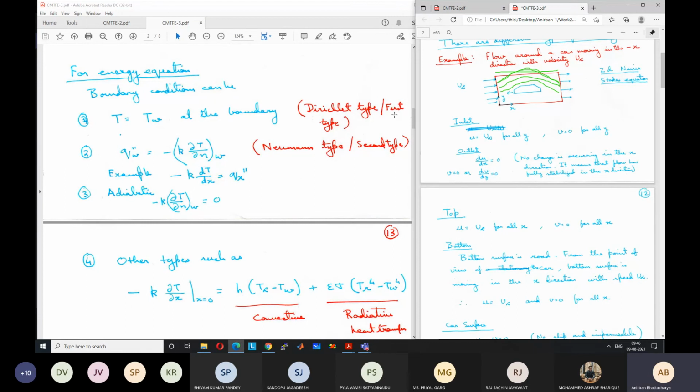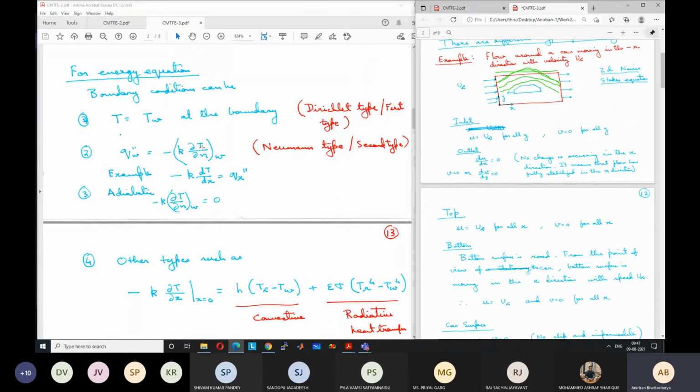Okay. The second type of boundary condition which can be given is, instead of temperature, we can specify the heat flux. So not directly the temperature, but how much heat is coming from the side. For example, we have the plate again, but 3 sides are kept at 30 degrees centigrade. On one side I am not saying that it is 100 degrees centigrade, but I am saying that 100 watt of heat is falling on that plate. That means 100 joule of heat is falling per second on that side. So this is a heat flux condition.